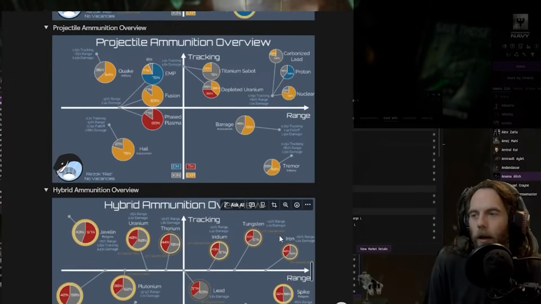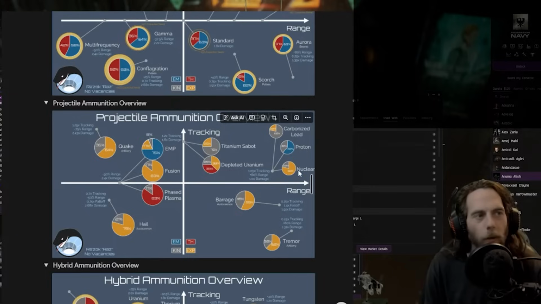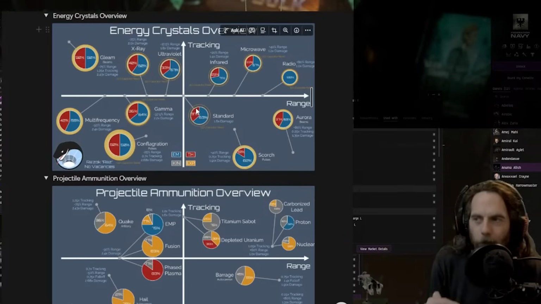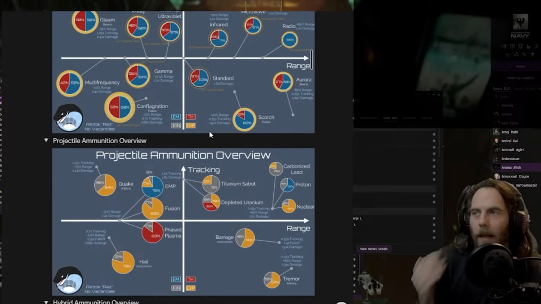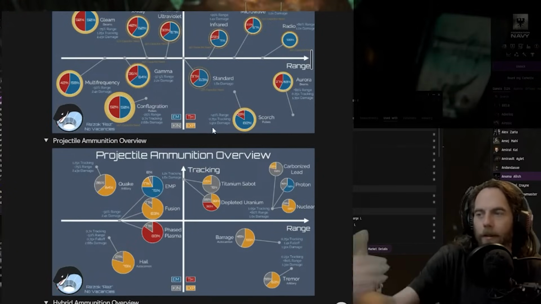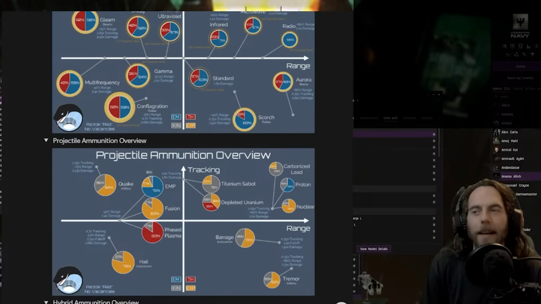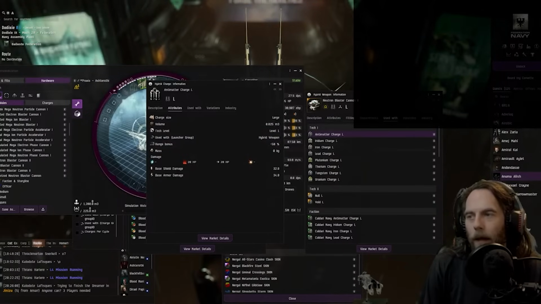In each of these charts, we have range. So further right on this chart represents ammo that shoots further, and further up on the chart is better tracking. Further down on this chart is worse tracking. A couple things we can get out of this, which is that in general, the further the weapon system shoots, the less damage it does. And we can see, if we compare, antimatter has a negative 50% range penalty and 20 thermal damage and